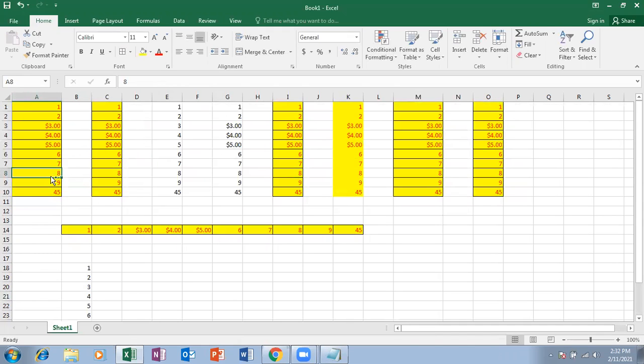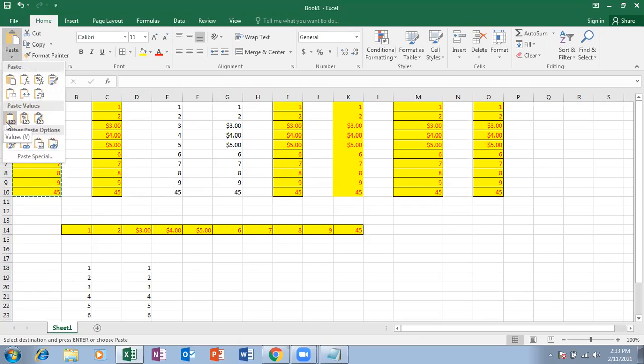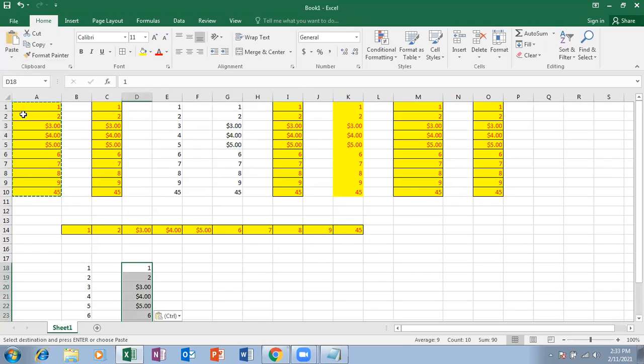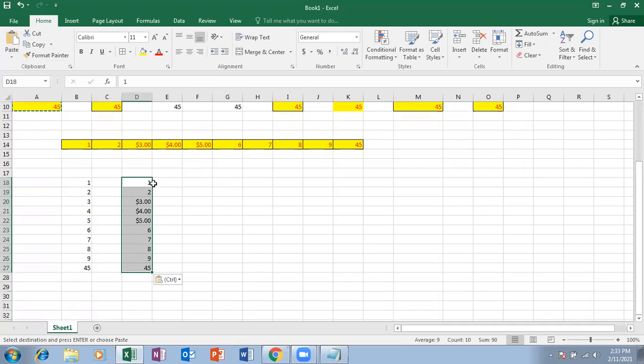Again, let me copy it. Control C. One is paste as values without formula. Paste as values and number formatting, without formula and formatting. So without formatting, without formula, with values, and with formatting, values and number formatting means currency formatting, and without formula and without formatting. Formatting is what? The color, background colors, that and all.